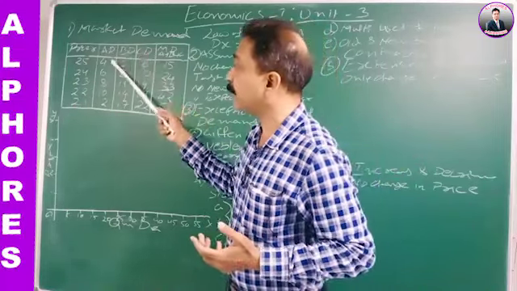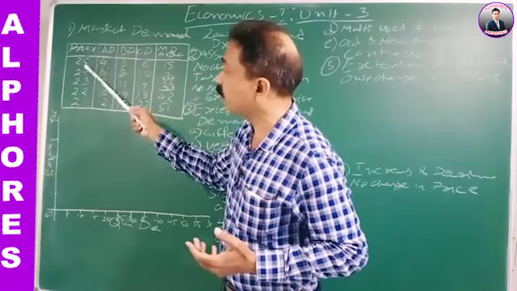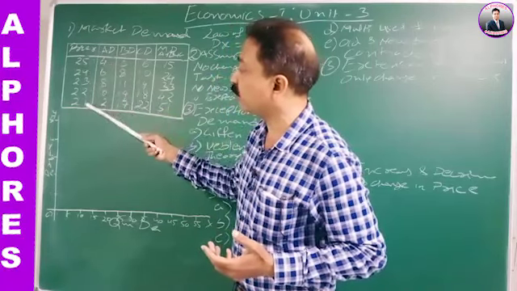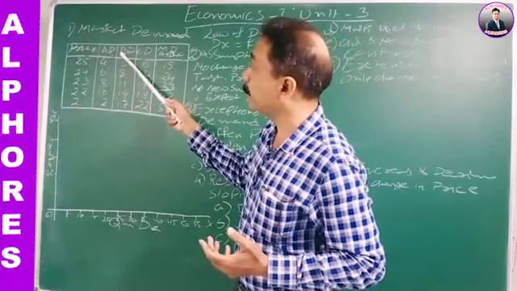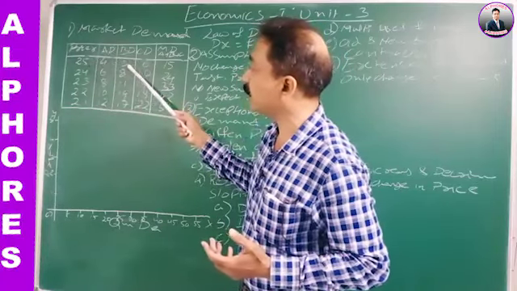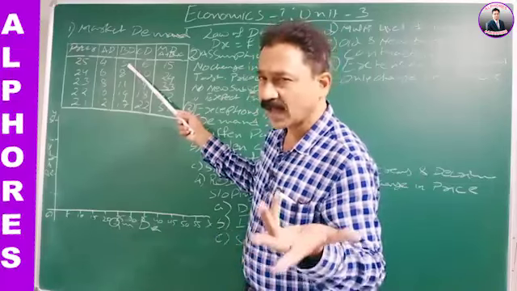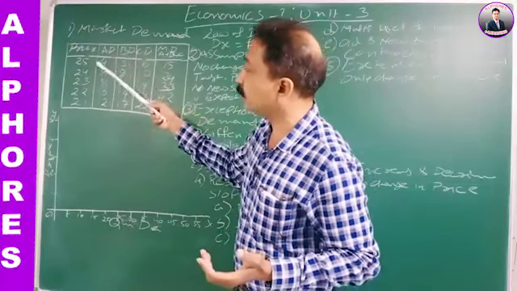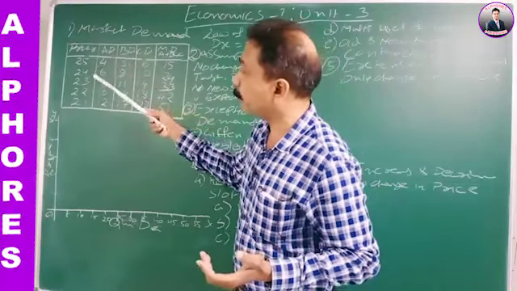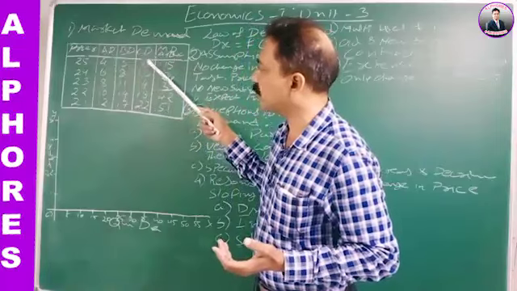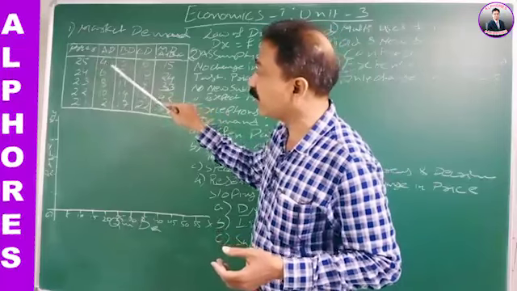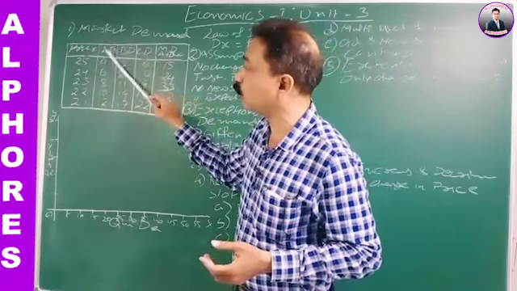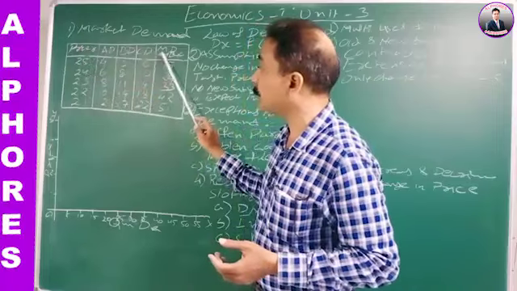So here, the demand of A group is, when the price is 25 rupees, they are demanding 4. At 21 rupees they are demanding 12. Means as the price decreased, the demand of A group increased. Now let us see the demand of B group people. When the price was 25, they were purchasing 5 mangoes, apples, whatever, 5 units. When the price decreased, demand increased. The same thing with another group, the higher income group, say 6 to 22. So these show the individual demands of different groups of people at different prices in the market.